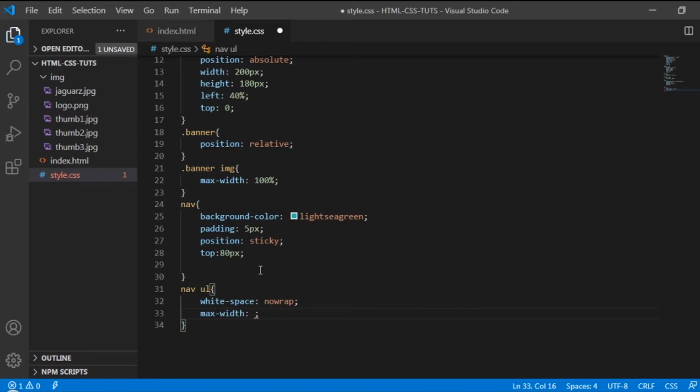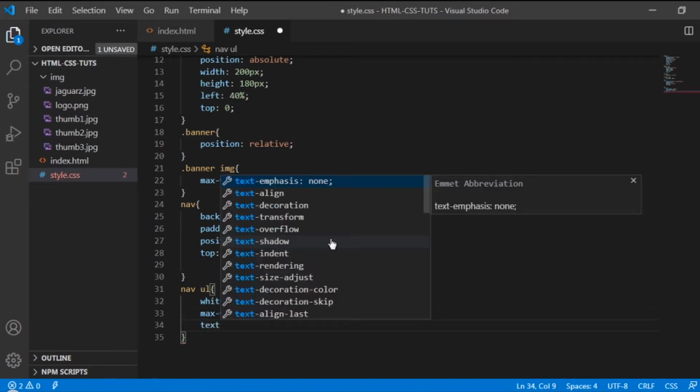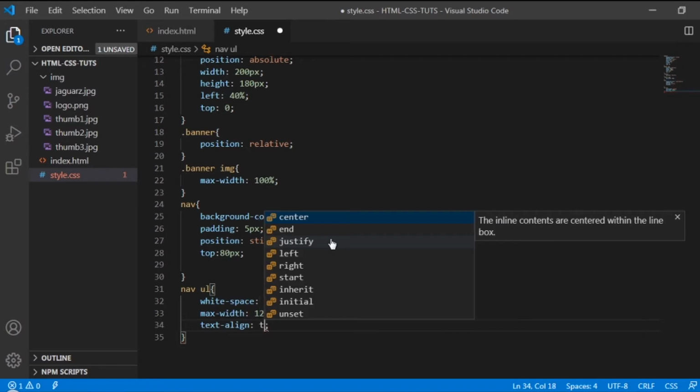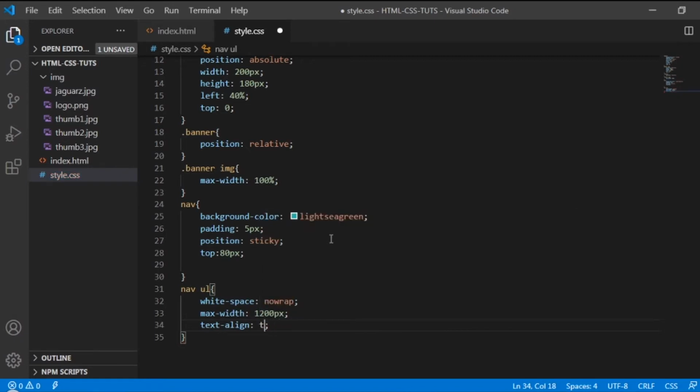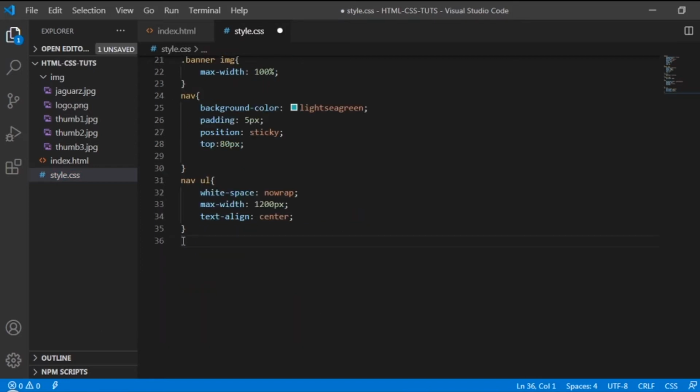So let's say for example 1200 pixels, and then text align center. Okay, here you go. So let's create the design for our list.